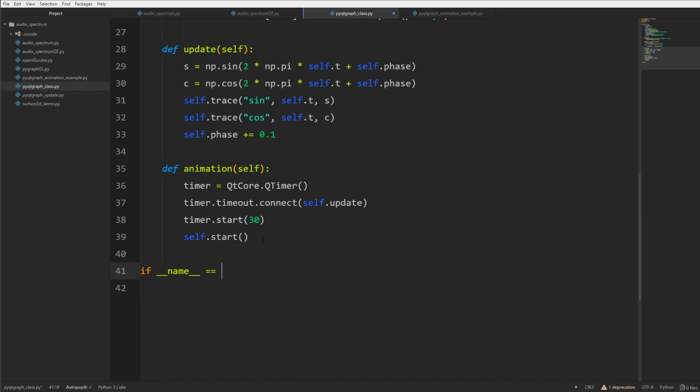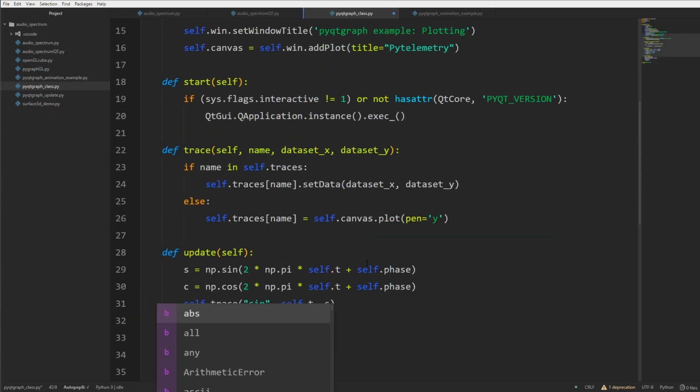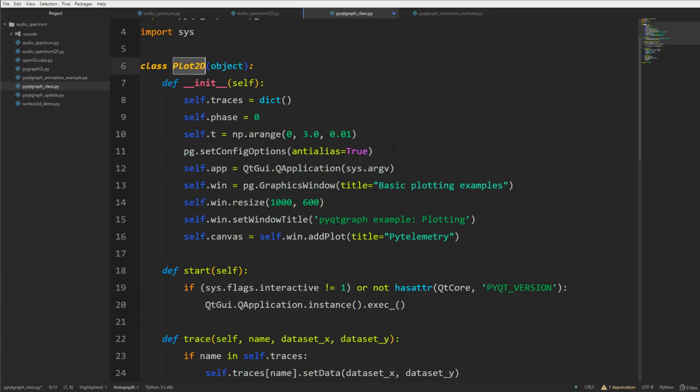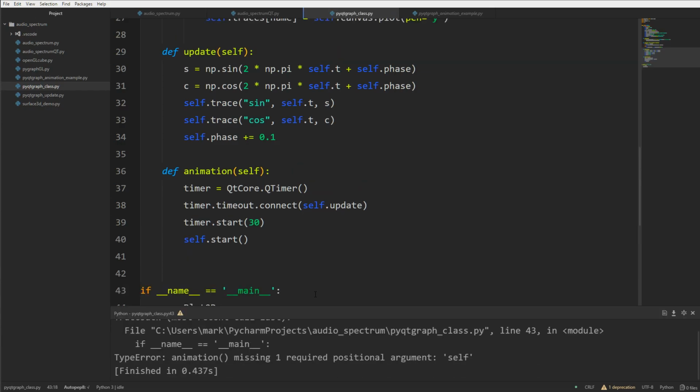So now all we need to do is our if __name__ is equal to __main__. All we need to do is create our class object. So we'll just call it the same thing. p is equal to, what was it called? Plot2D. And then all we need to do is call p.animation. So now if we run this,